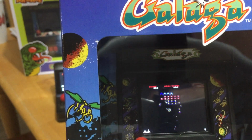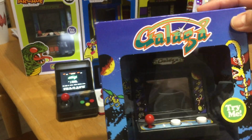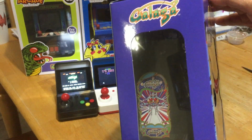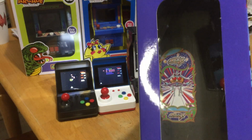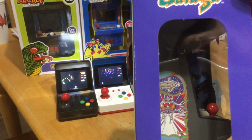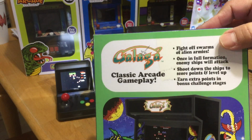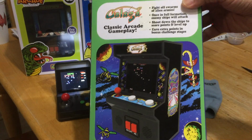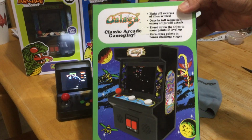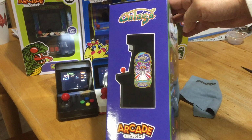The sound seemed to be pretty good. Previously, I did own an iCade version of Galaga Mini, and I was having a problem with the sound and I didn't like it, and I returned that one. If you haven't checked that video out, you could go ahead and check it out. But I was not happy with the sound of Galaga. So,